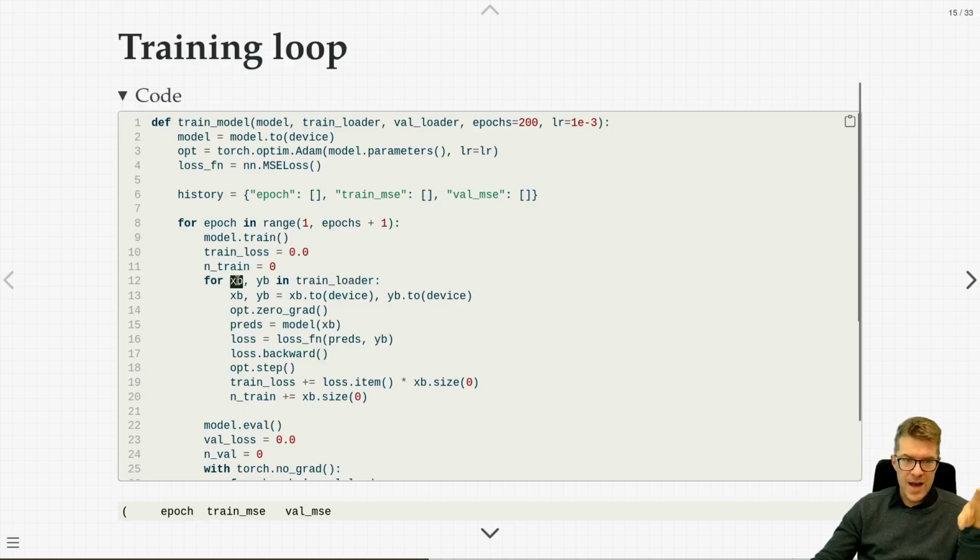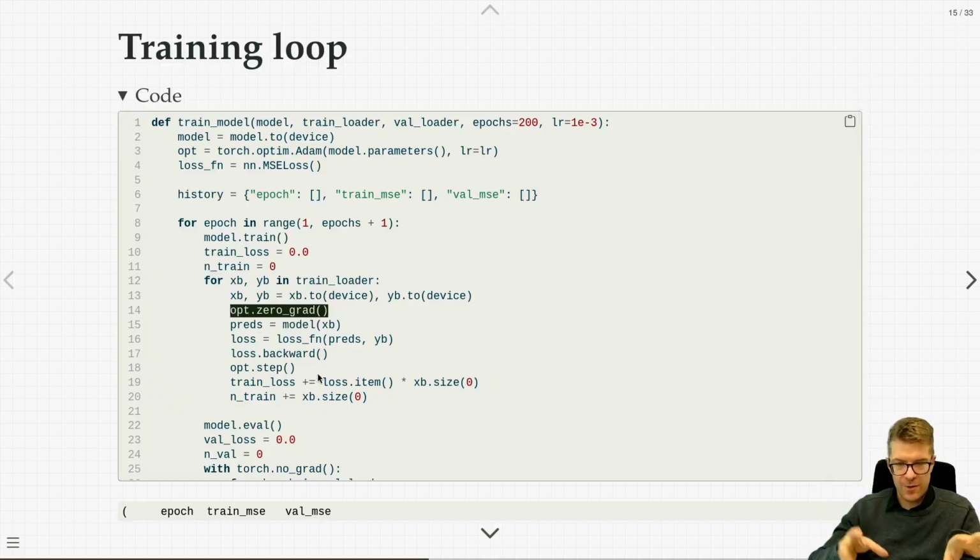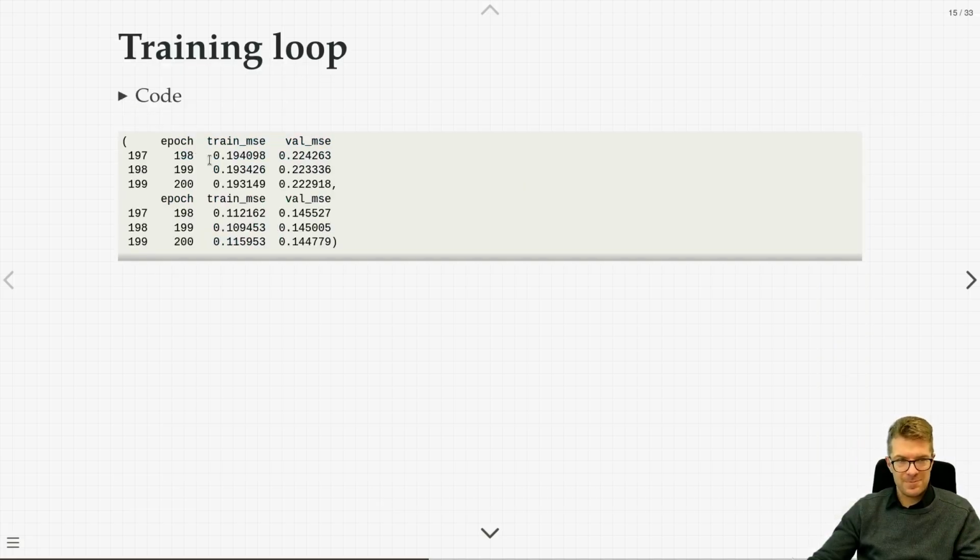So we're taking batches of X's and Y's and using those batches for training. And again, just speaking of overhead, as I mentioned in a previous module, because we're pushing these gradients back within the neural network and accumulating them as we do, we have to remember to zero them out every time we have a new batch, which we do on line 14. This is, again, a bit of overhead that you have to do. If you don't, things get bad.